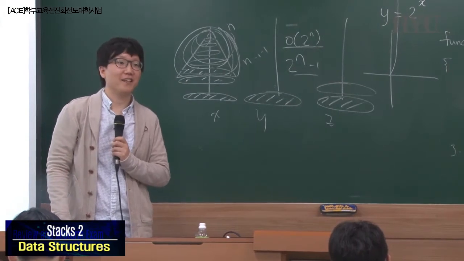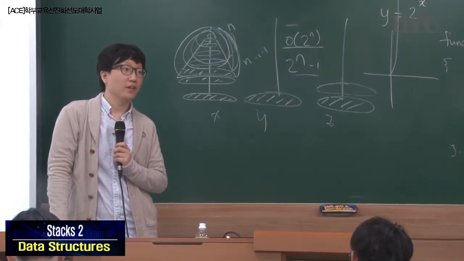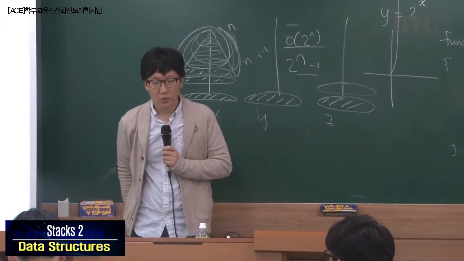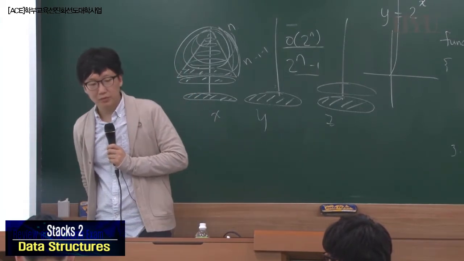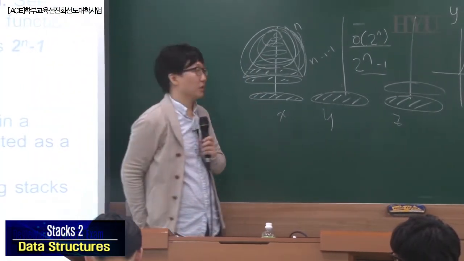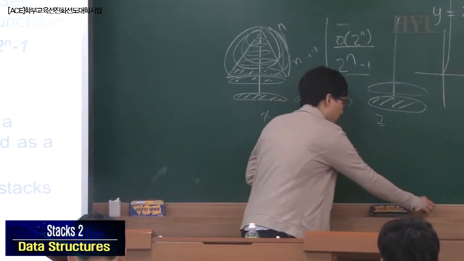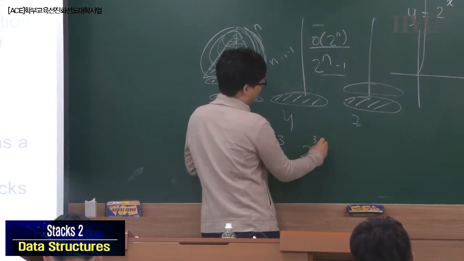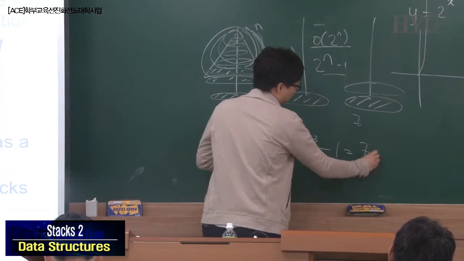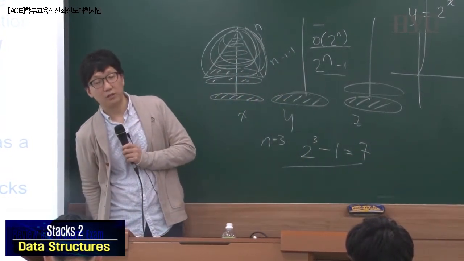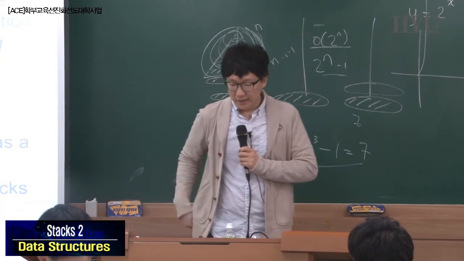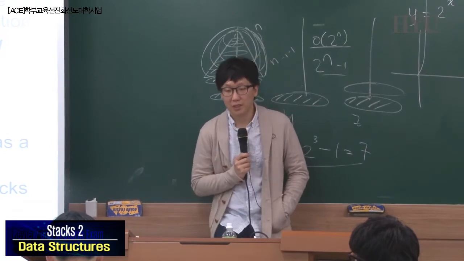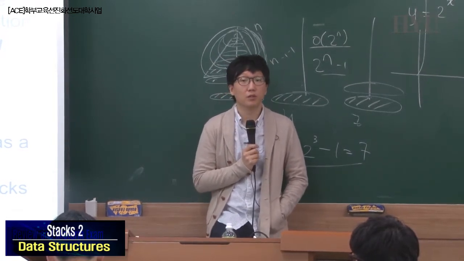But it's much faster than n squared and n cubed or any of the functions that we have looked at so far. 그죠? So the minimum number of moves required is 2 to the n minus 1. The example that we saw, what was n? n was 3. So 2 to the 3 minus 1 is 7. Why is it 2 to the n minus 1? Next slide, we'll have that. Time complexity of the Tower of Hanoi is theta of 2 to the n, which is exponential. It should be big O of 2 to the n. It's the same thing, but